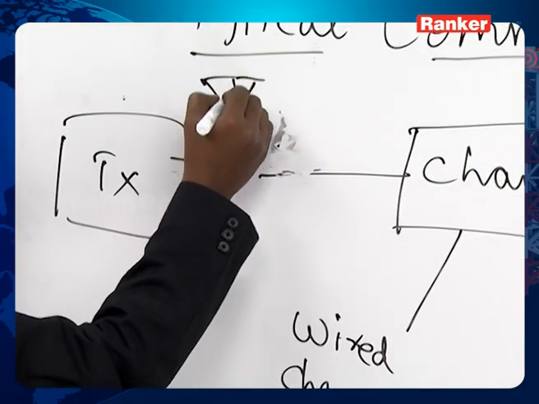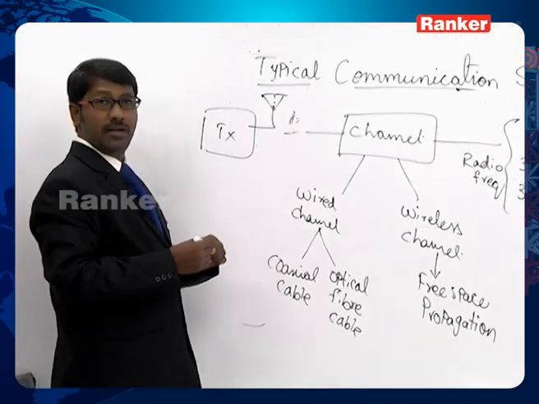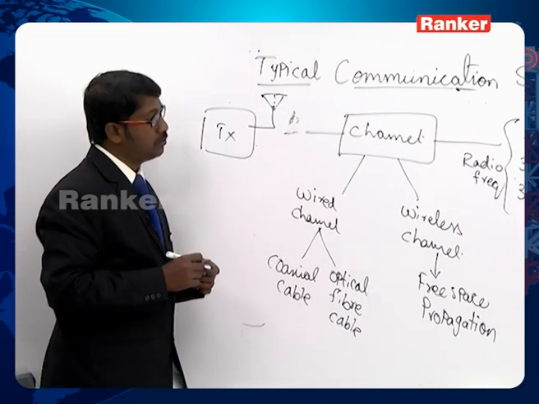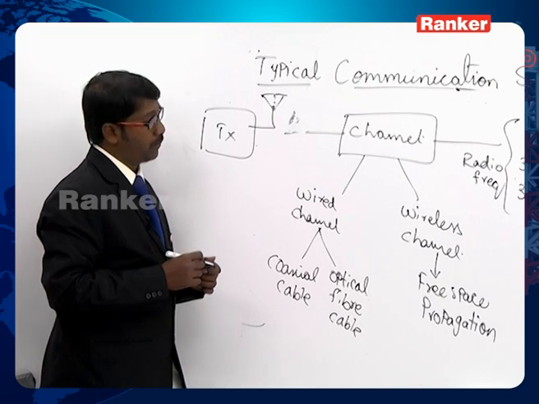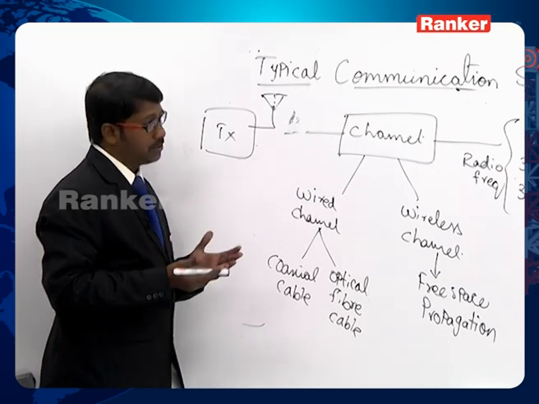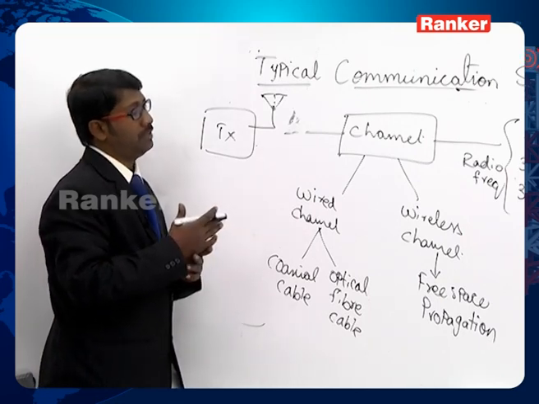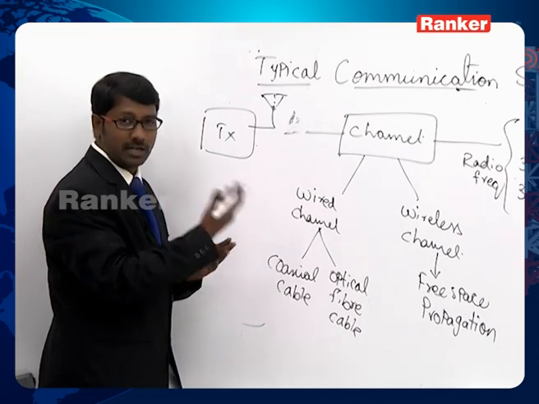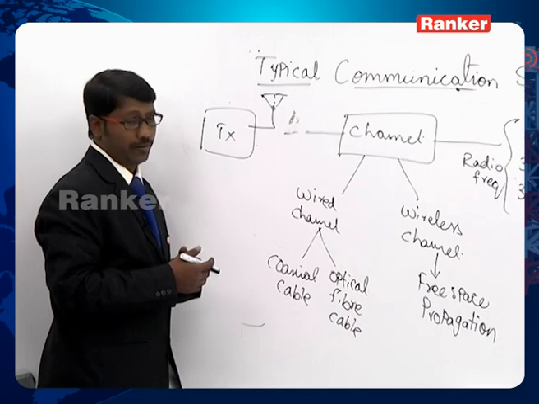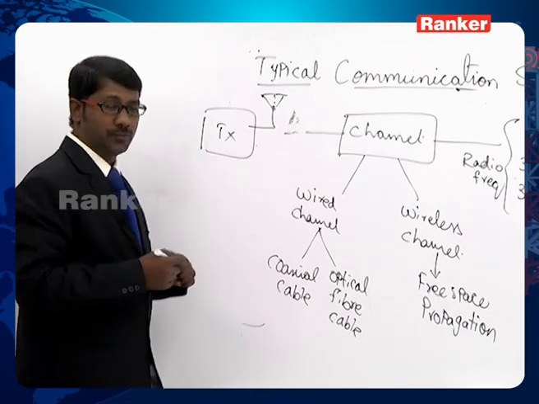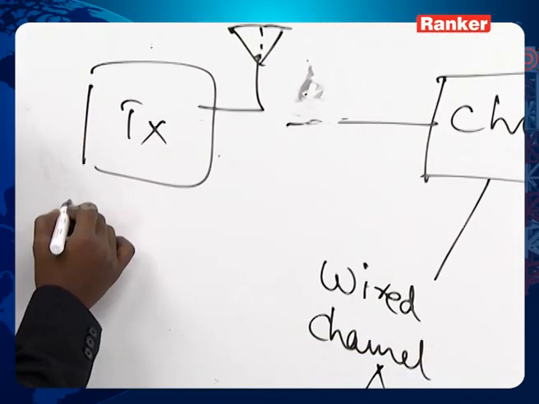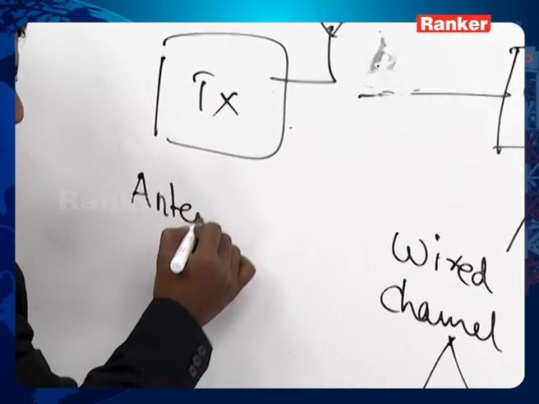this antenna's parameters again depend upon the kind of frequency band that you are trying to use for your radio wave propagation. If it is high frequency, you are going to have different parameters. If it is very high frequency, you are going to have different parameters, and if it is ultra high frequency also, you are going to have different parameters for the transmission of that signal through this antenna. So, the typical parameters of the antenna, like antenna gain,